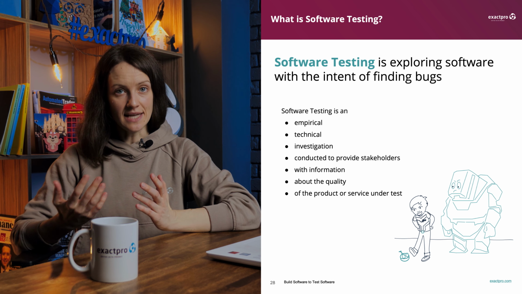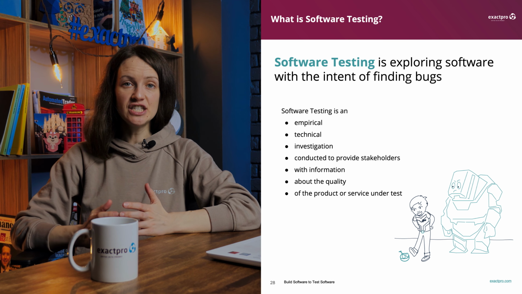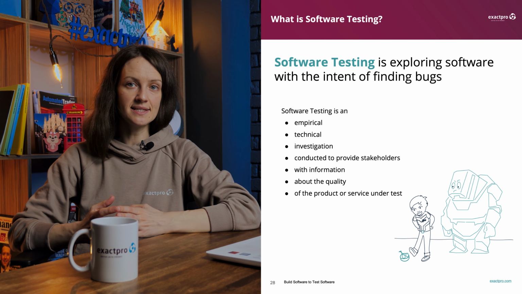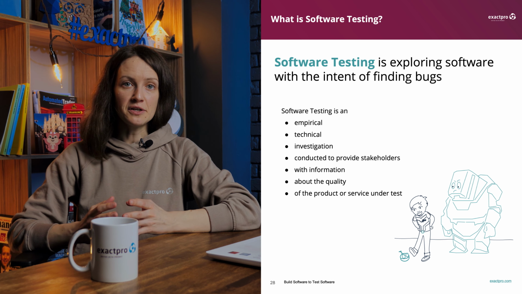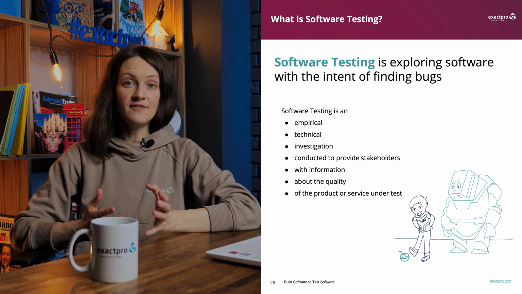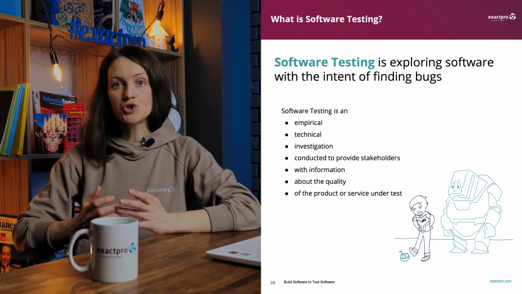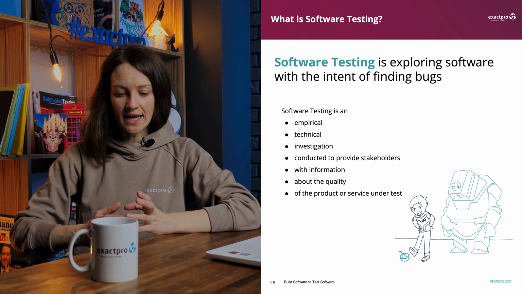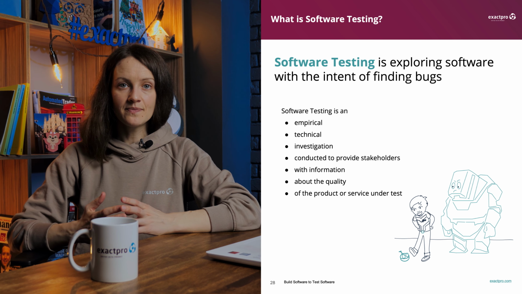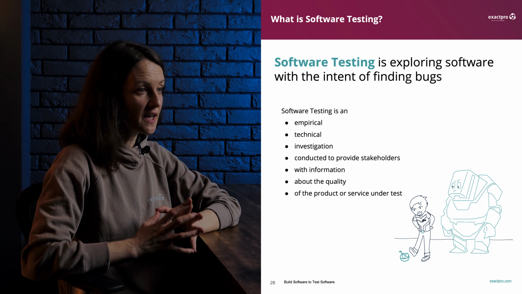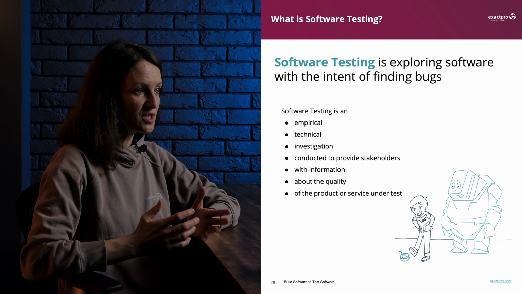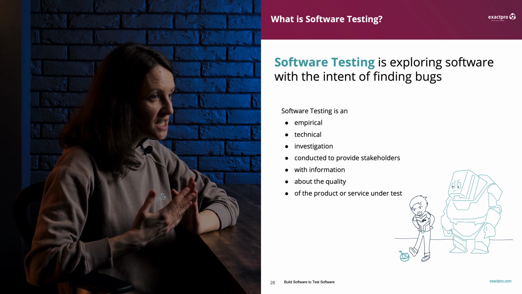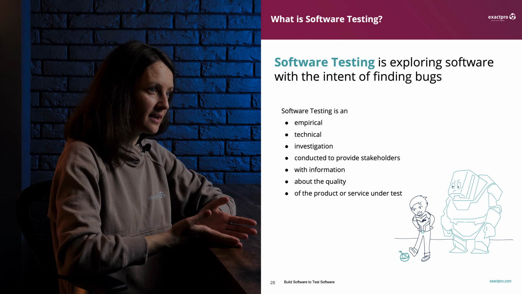Software testing is an empirical technical investigation conducted to provide stakeholders with information about the quality of the product or service under test. Every word of this definition matters. It's important that testing is an investigation. It's also important that it's rooted in reality, because we're testing a specific piece of software and we're doing it systematically and technically. Testing is also about providing information. We need to find discrepancies between our stated and implied expectations and reality. It's what we could have had versus what we actually have.